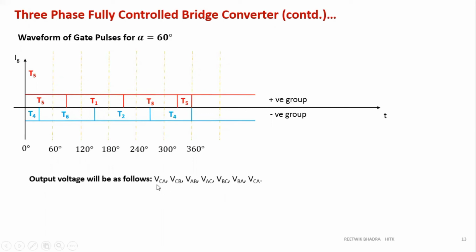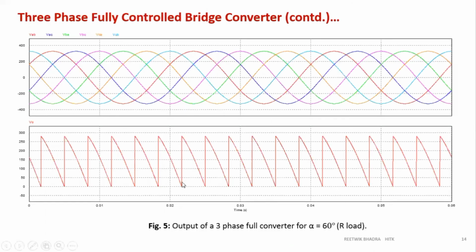Right, okay, I'm showing you the comparison over here. VCA, I've drawn for alpha equal to 60 degree. What is VCA over here? Check this orange color line. So the orange color line during this part is this part. For the first 30 degree, it is decreasing from below 200 to this point.